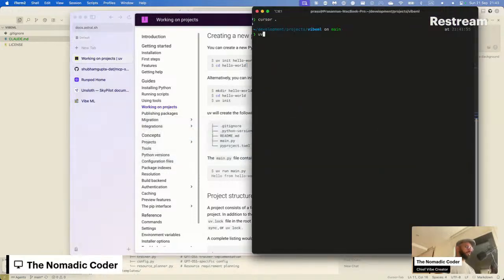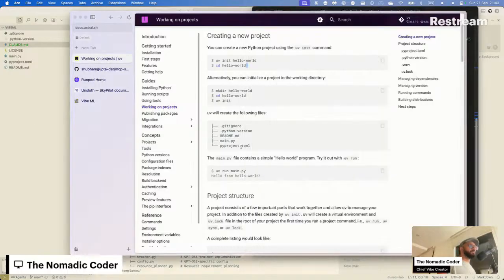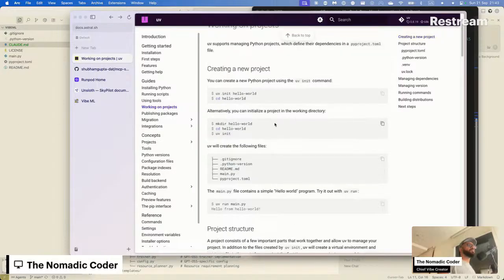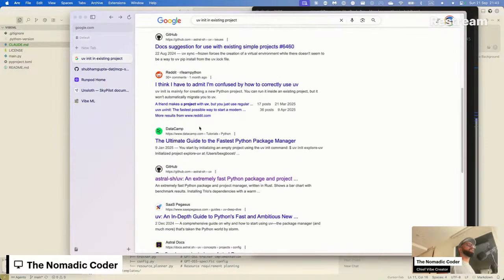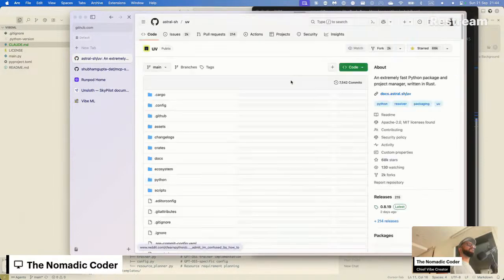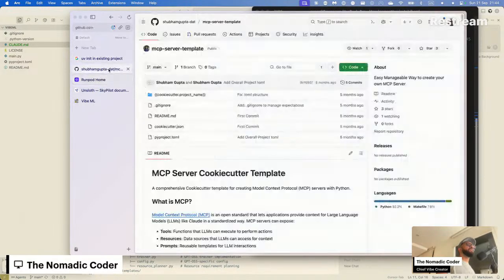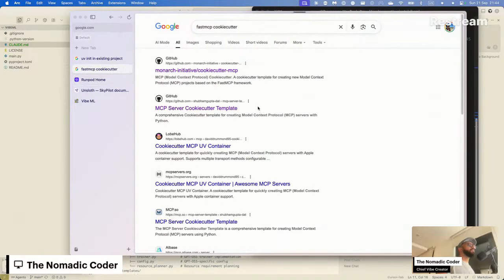So I can just go UV init. This sounds like a bad initialization. Actually, should I respect this guy's? When did he last commit?